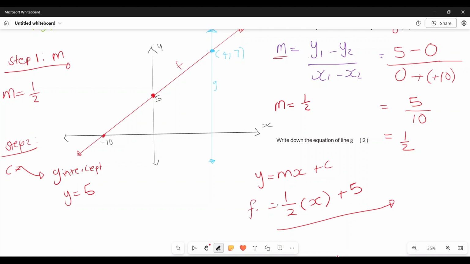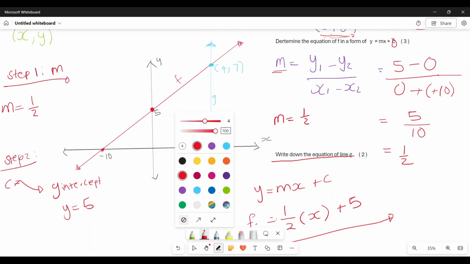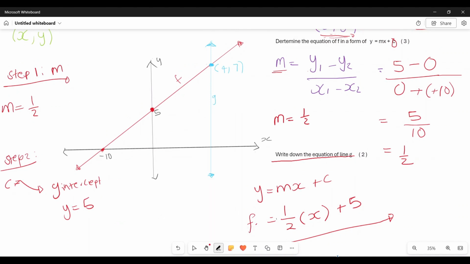Right. Now, proceeding on to the last question, whereby they need us to write down the equation of line G. Now, this is our line G, which is in blue. And this line G, if you could look, it's parallel to your y-axis. Now, how would you go about determining the equation for this? Now, if this is parallel to your y-axis,